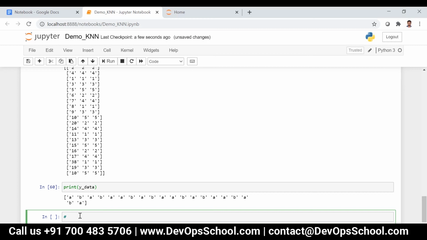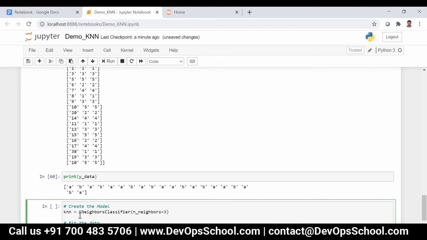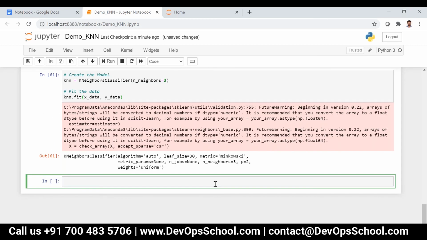Okay, everyone? So now we are going to create the model. I can write KNN is equal to KNeighborsClassifier, where I need to mention n_neighbors is equal to 3. Then we need to fit the data: KNN.fit of x_data comma y_data. Now I'm getting a warning.